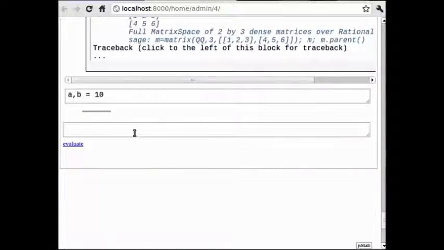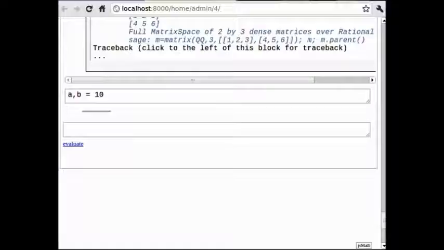Lastly, Sage supports a variety of languages and each cell on the worksheet can contain code written in a specific language. It is possible to instruct Sage to interpret the code in the language we have written. This can be done by putting % sign or modulo followed by the name of the language.